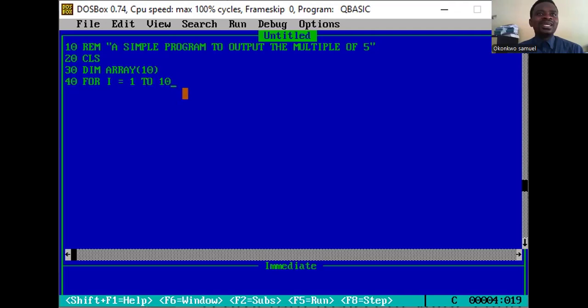Okay, so the statement that handles that is this for statement. For I is equals to 1 to 10. This brings out the value 1 to 10, while 5 will just be multiplying it. You understand? Okay, so now for I is equals to 1 to 10. Okay, 50 will be